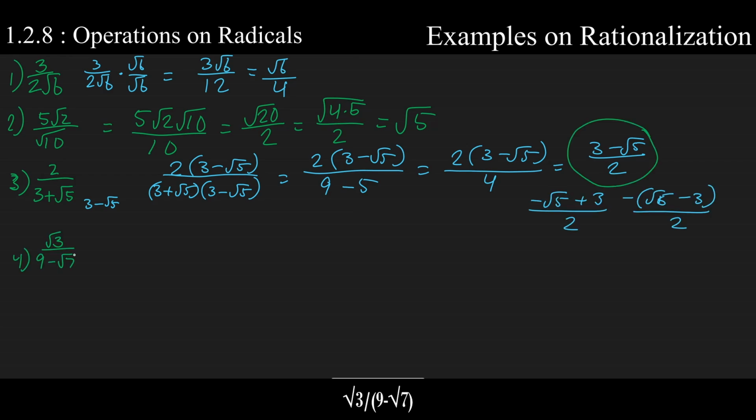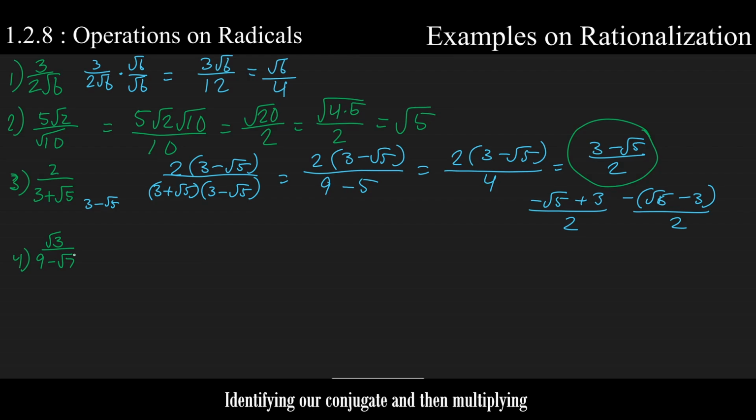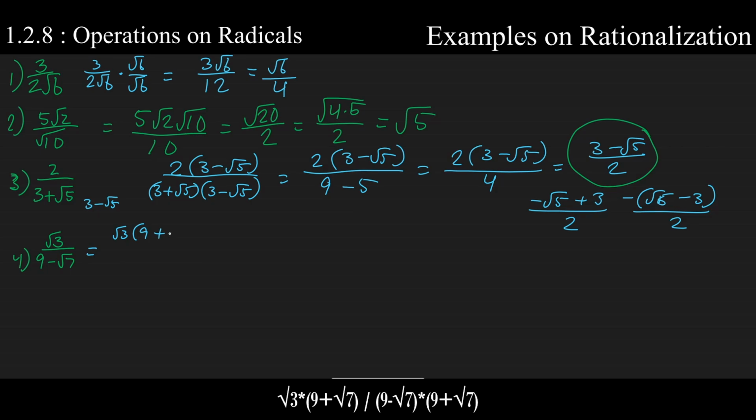Number 4, the square root of 3 divided by 9 minus the square root of 7. This example, much like example 2, gives us a multi-term denominator with a radical in both the numerator and denominator. Identifying a conjugate and then multiplying the numerator and denominator by it gives us the square root of 3 times (9 plus the square root of 7)